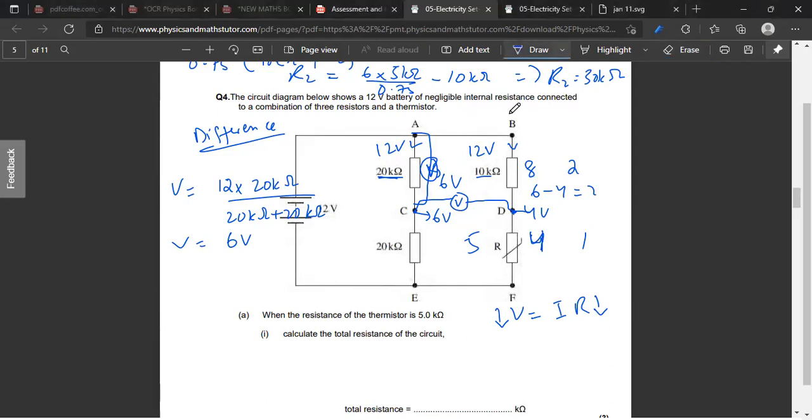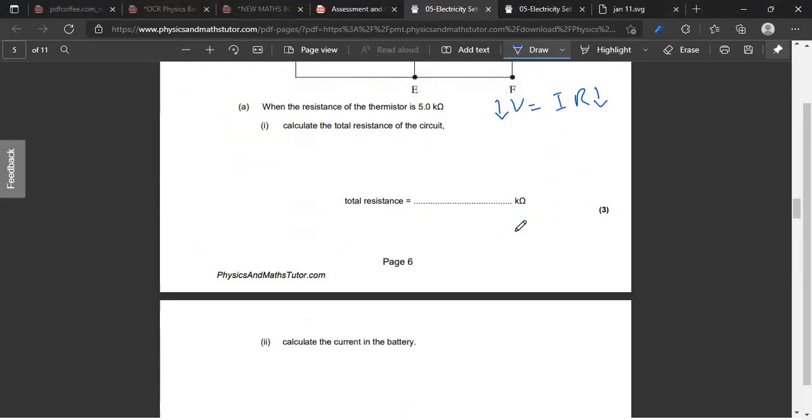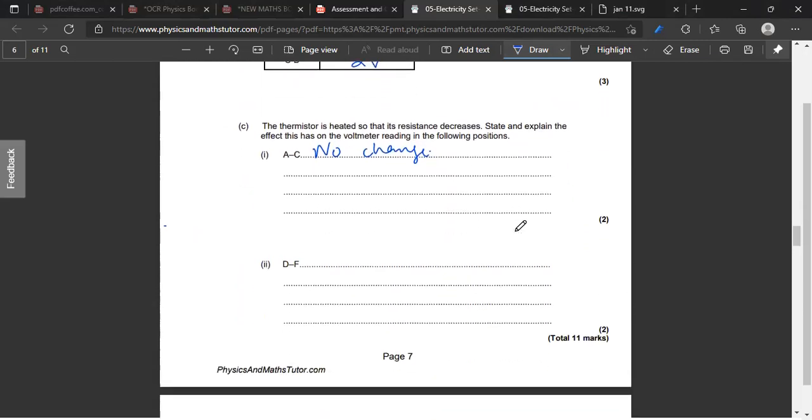You said how resistance will decrease and so will voltage. Can you repeat what you said after that? Okay. We have to state the effect on the voltmeter reading, so basically the voltage across that. We write V equals IR, and R is decreasing, then V will also decrease. And since they are in series,